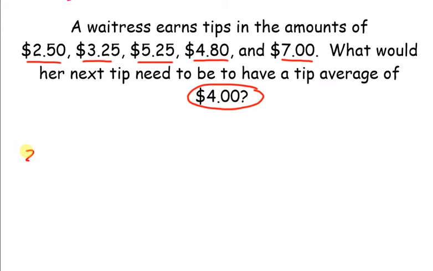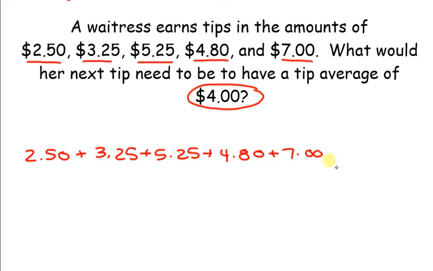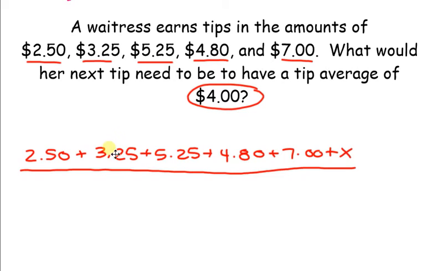So we're going to have 2.50 plus 3.25 plus 5.25 plus 4.80 plus $7, and we always end with plus x. All of that needs to be divided by 1, 2, 3, 4, 5, 6, and it needs to